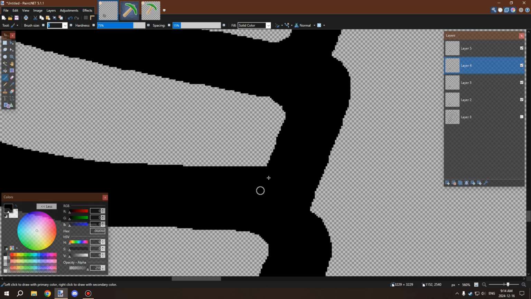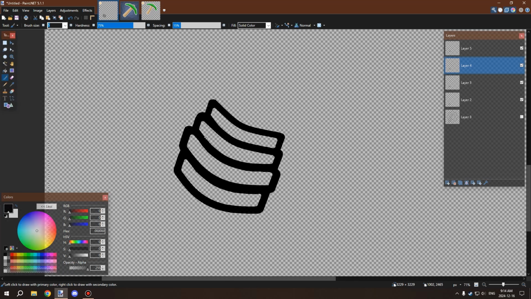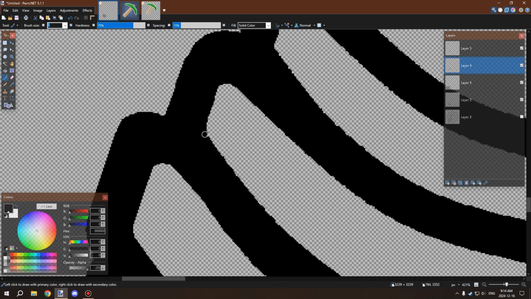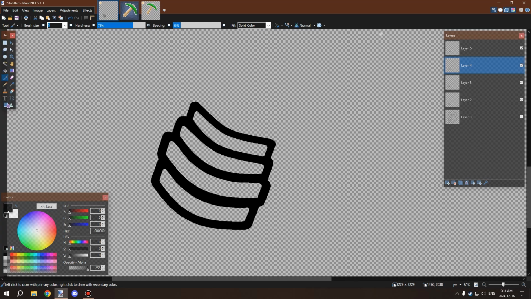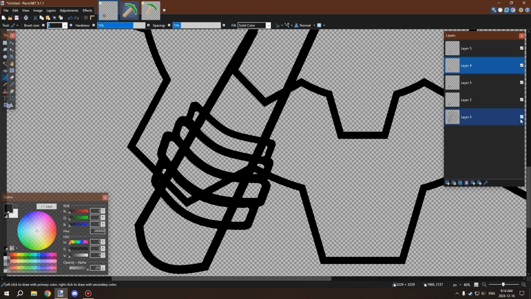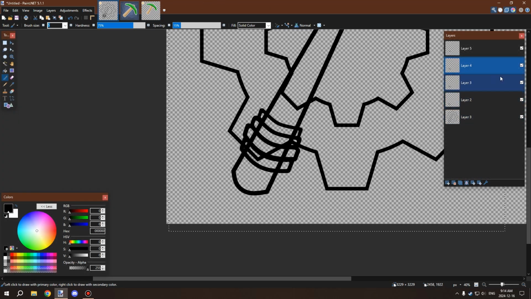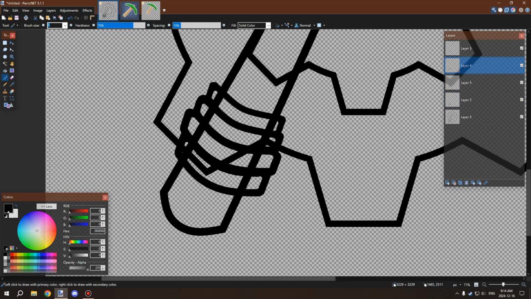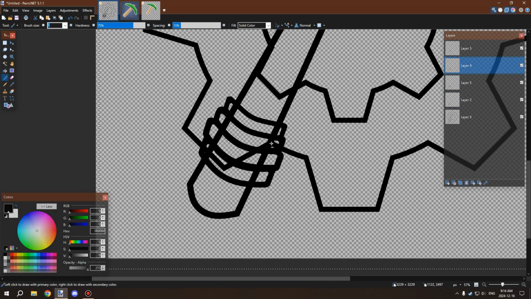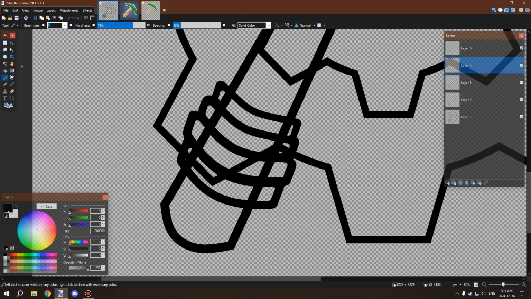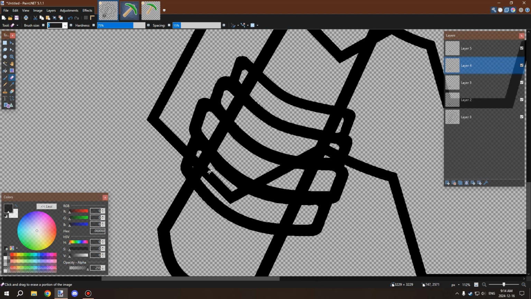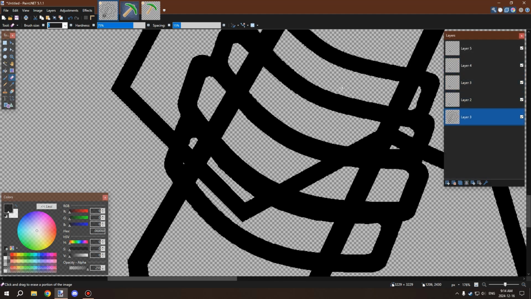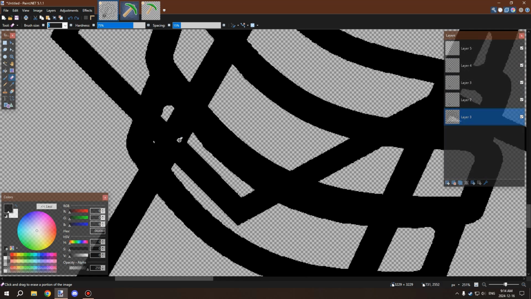So that's basically the rope part that I want. We'll just round this one corner over here, and I think that's good. Let's go ahead and put that on now, and we'll see what our pickaxe looks like. So it's a little hard to tell in this area because there's all those additional lines. So what we're going to do is we're going to grab the erasing tool, and we're going to go ahead